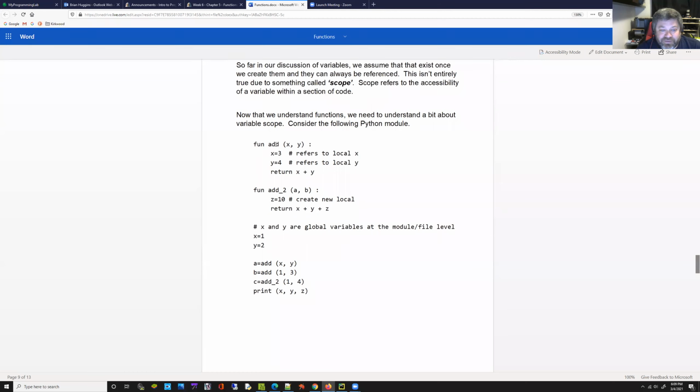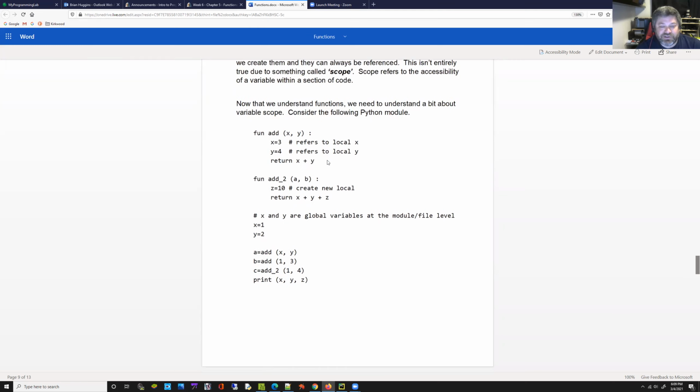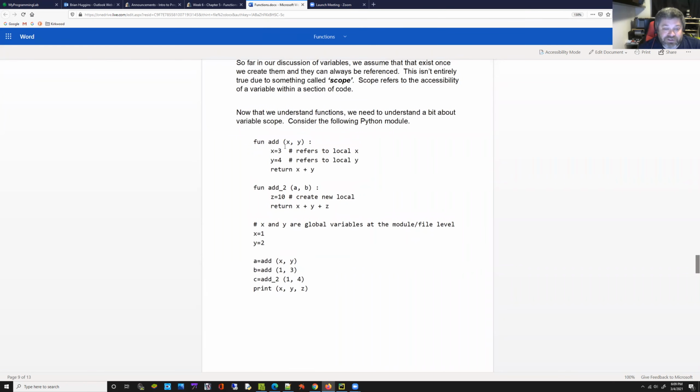So the value returned from this function, since we set x to 3 and y to 4, it's actually going to be 7. And it doesn't even matter in this case what values we pass in because we're overriding them or overwriting them. And it doesn't matter what x and y are outside of the function. So that tells you that the scope of this is the local x and y in the add function, not the outside one,